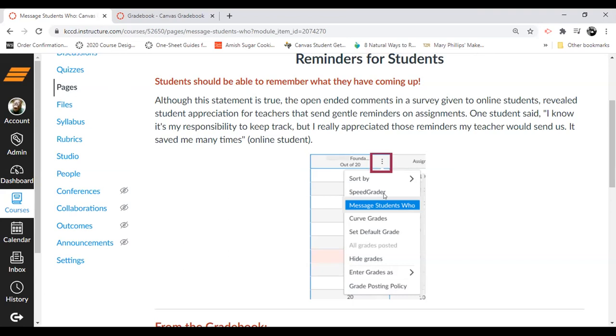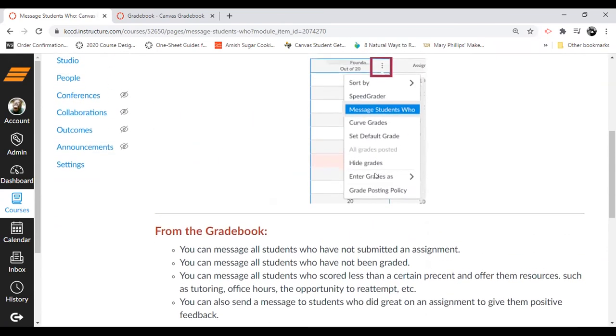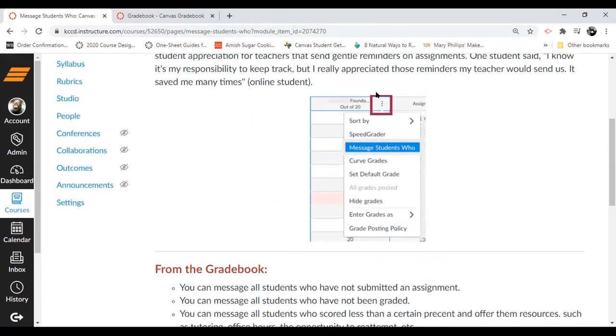So when they're getting those extra reminders like, hey, don't forget, it's almost Wednesday, and that's when you have to have your first response done on that discussion. Make sure you don't forget about that. Just a quick batch email that seems personalized, right? Because you're picking a group of students from an assignment. And so if there's anyone that has not submitted, then you can go ahead and choose that group and send it to them. So in your grade book on any of your assignments, if you hit that little 3-dot button,